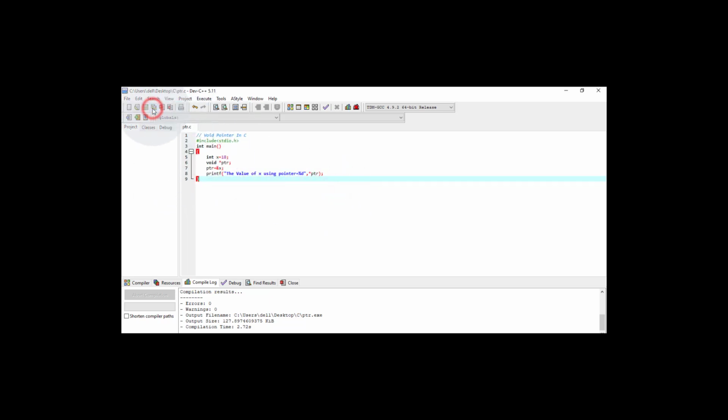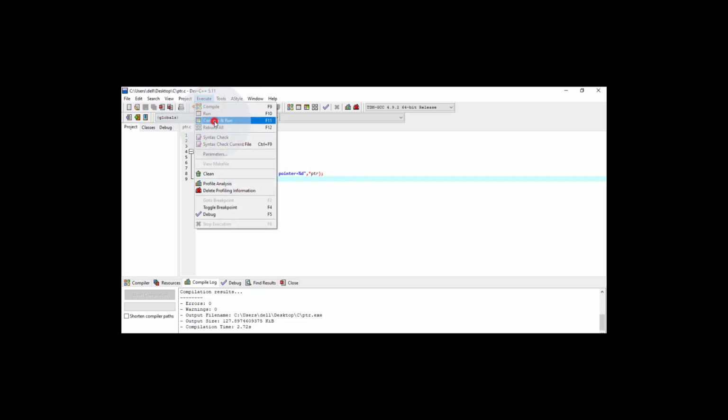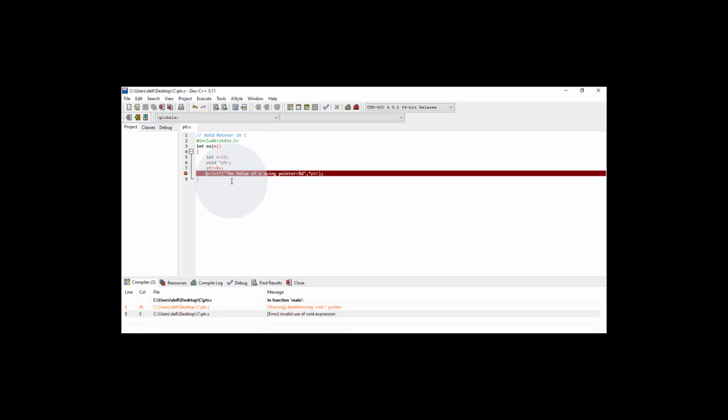Now save your changes, go to the execute menu, choose compile and run, and here we see the error. Basically this is the warning: dereferencing void pointer. It means it won't be able to understand void, so we need to do the dereferencing in order to display the value of variable x.